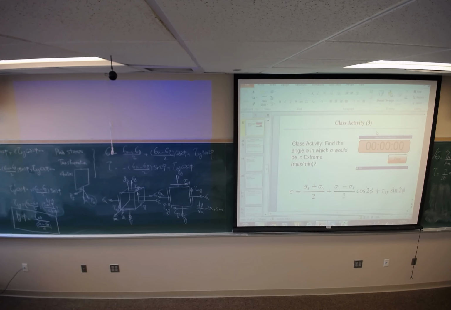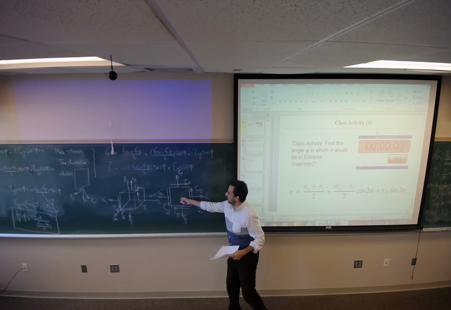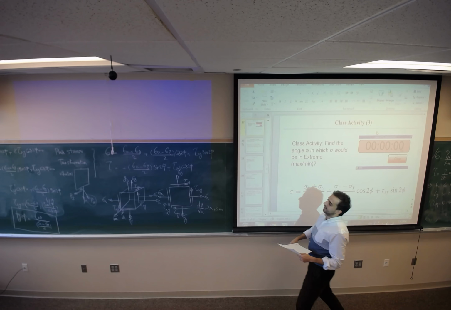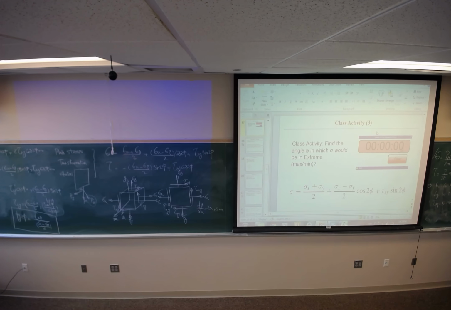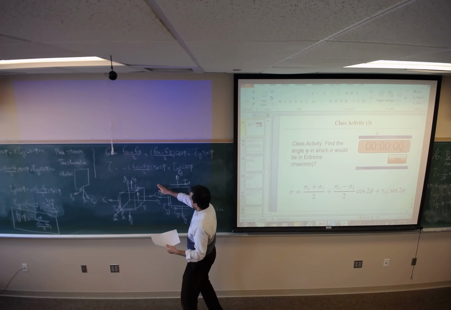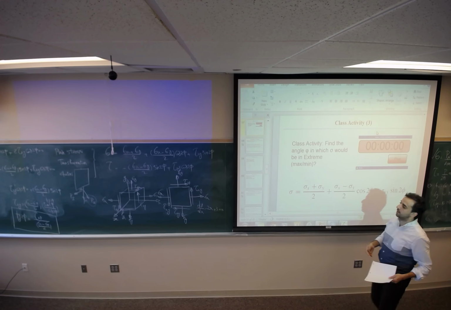Just a quick example. Suppose sigma x is 60 megapascal, sigma y is positive 30 megapascal, and tau xy is 15 megapascal. So look at the plane stress: sigma x is 60, tau xy is 15, sigma y is 30. We would like to know for this stress element which plane is going to give us the extreme value for normal stress. At which angle should I cut, or should I pick the plane such that the normal stress is